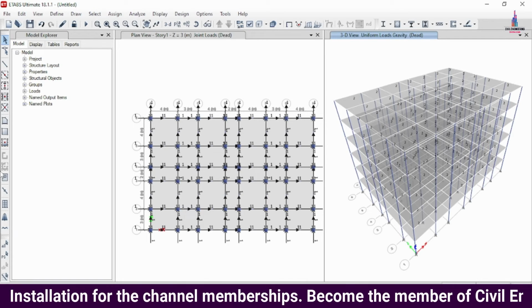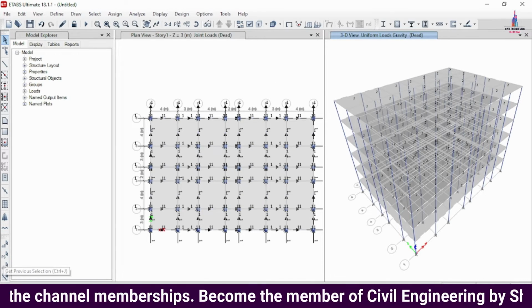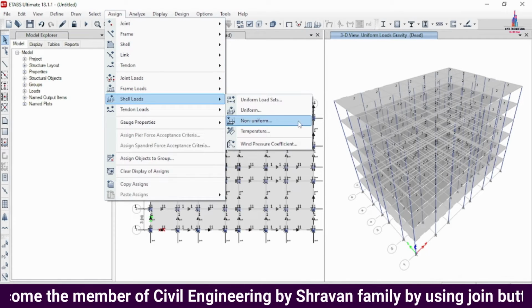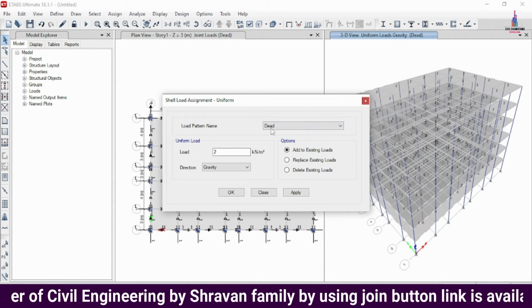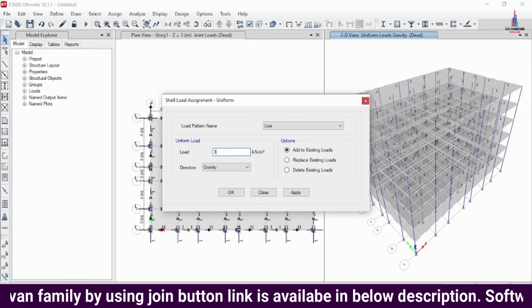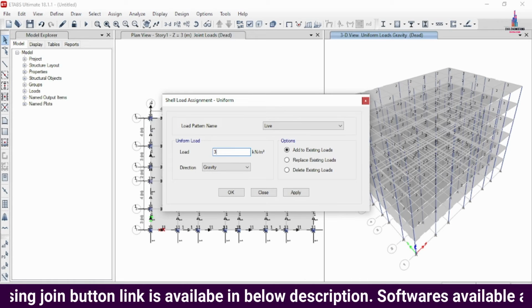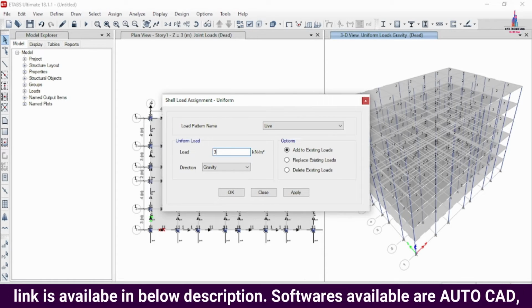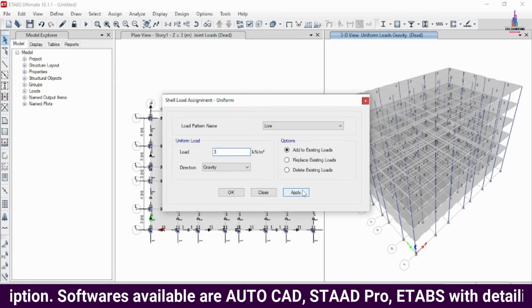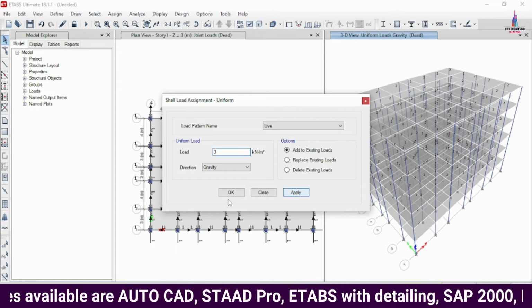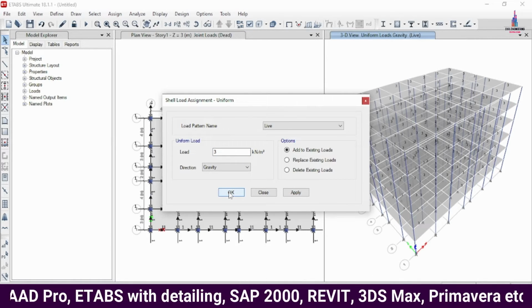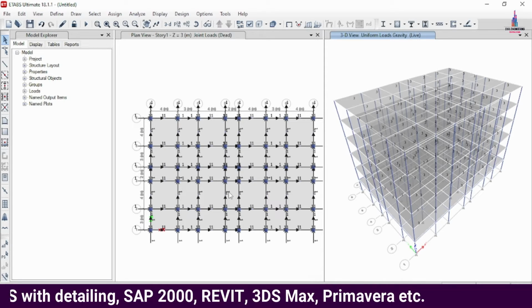After applying this particular slab loading condition system, floor load, we have to apply the live loading condition system. So for that we have to select the previous selection, which is related to slab sections. Go to assign option, shell area load, uniform condition system, add to existing loading condition, we have to change that to live loading condition. Basically the live load will vary between 3 kilonewton per meter square intensity to 5 kilonewton per meter square intensity. So here I am selecting 3 kilonewton per meter square as the intensity for this load. Click on apply option. Again we have to click on OK option here, so that it will apply the load cases for the building structural model.